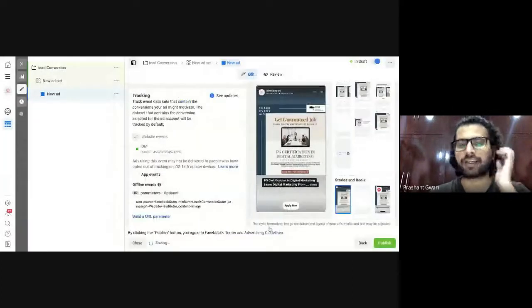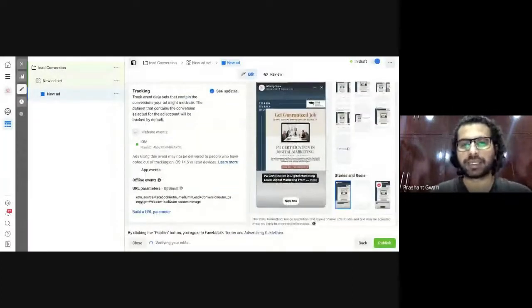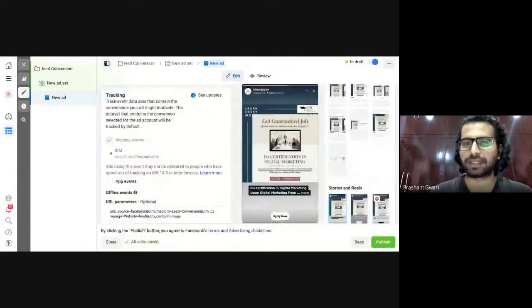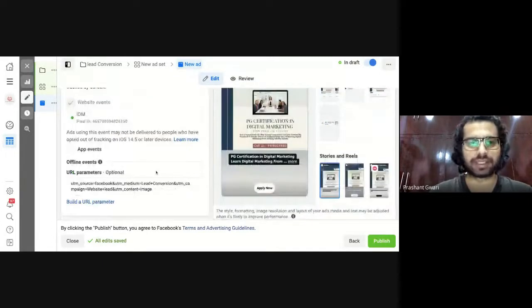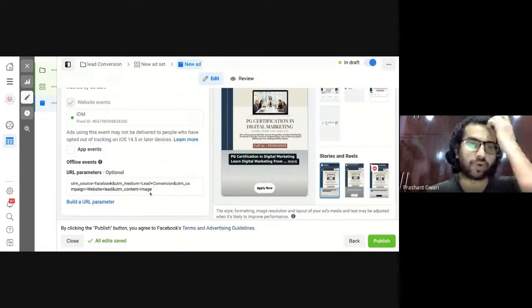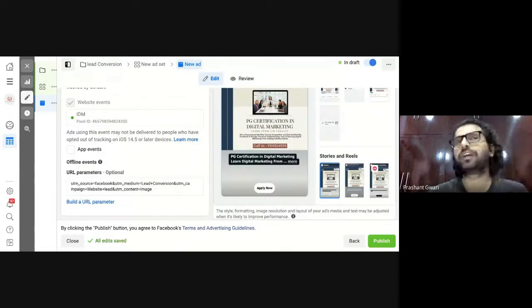Now what will happen? It will create a new link. As you can see here, the link is appearing in this URL parameter. Let me increase the size of this screen so you can see. Earlier our URL was www.idmdelhi.com/pgdm. Now our URL is this: utm_source Facebook and utm_medium equal to lead plus conversion. So that is a new URL they have created for us to track the conversions we are getting from the